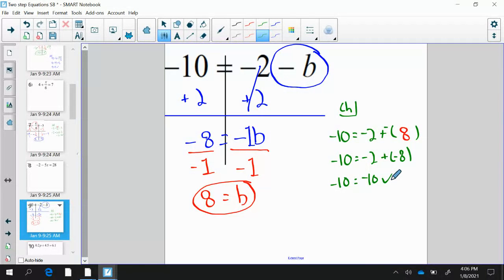Guys, you can go to your homework now. As long as you have these notes, make sure you guys are showing your work. This is worth a point. Remember, that's a point, that's a point, that's a point, that's going to be a point, and that's going to be a point in the test. Every one of these problems is worth 5. I've got to see your work. So if you don't show your work,